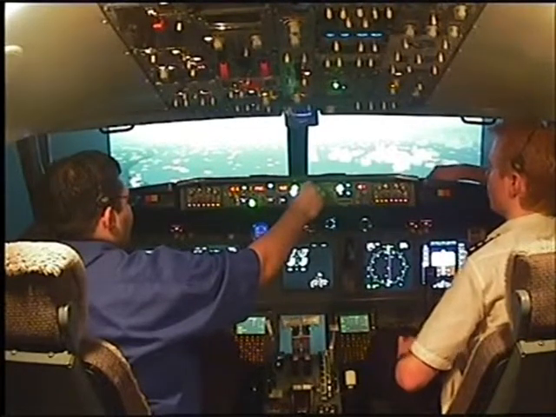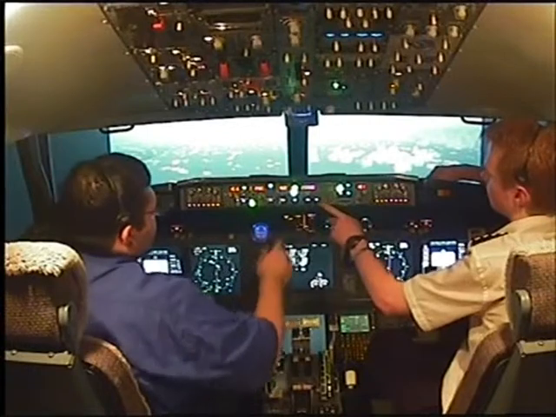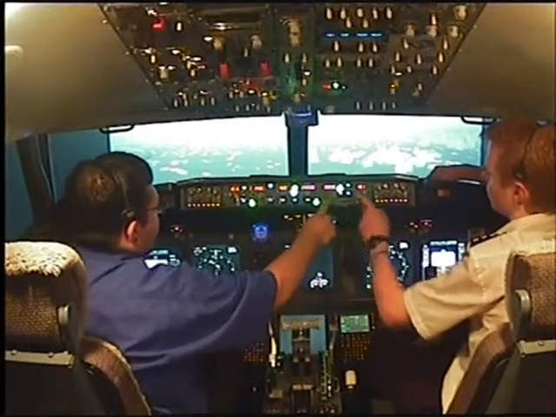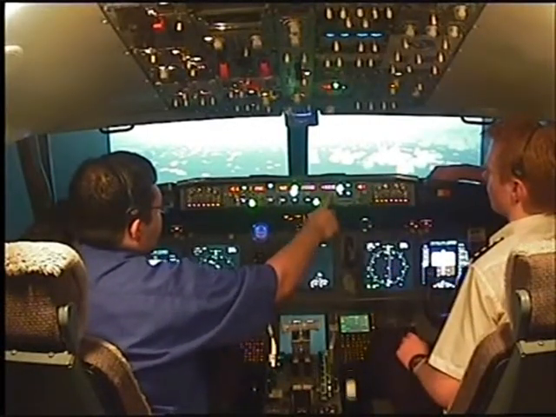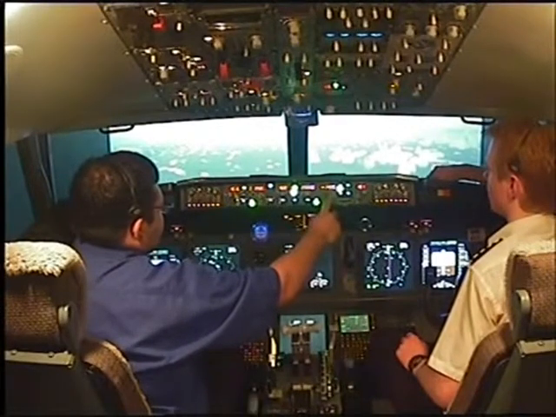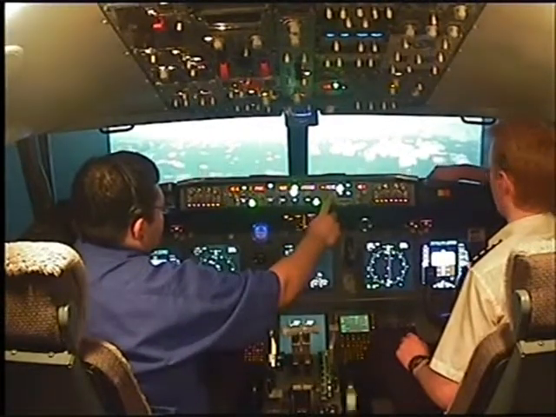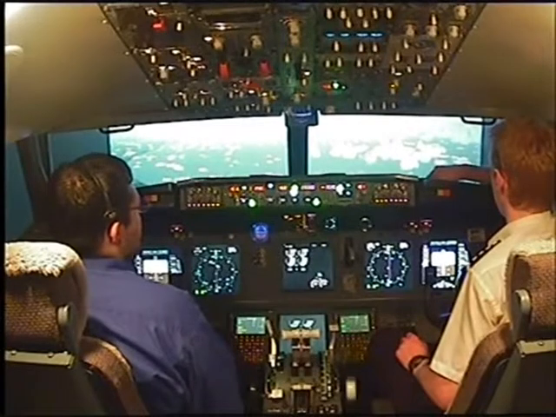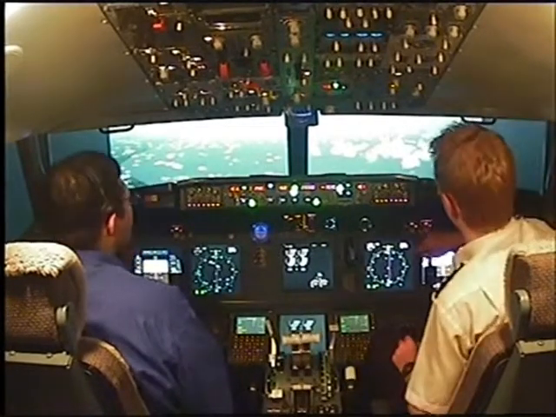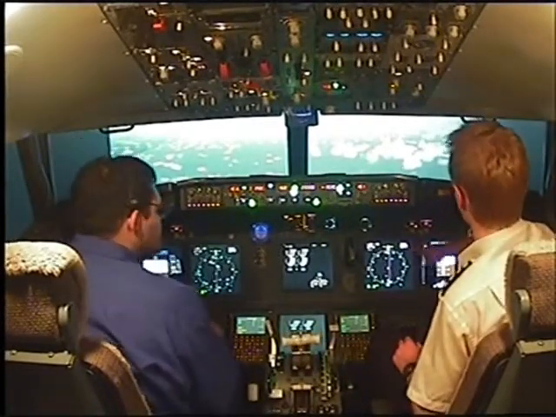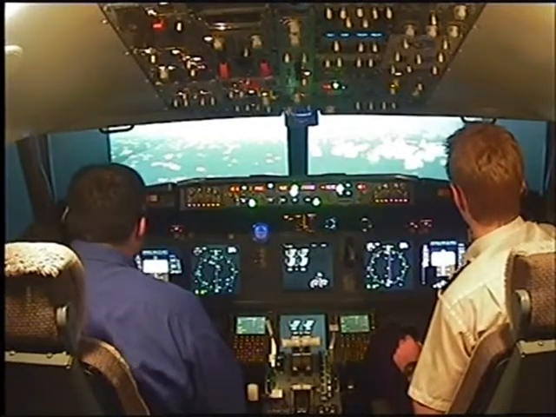Okay, that's it. And I want you to now wind set VS, press that, and just wind it down gently to make it 1,000. No, the other way. Yep, that's it. Set that to about 1,500 feet per minute. Terrific. Okay. Because we're about 103 nautical miles away, what we want to do, if we're at 30,000 feet,